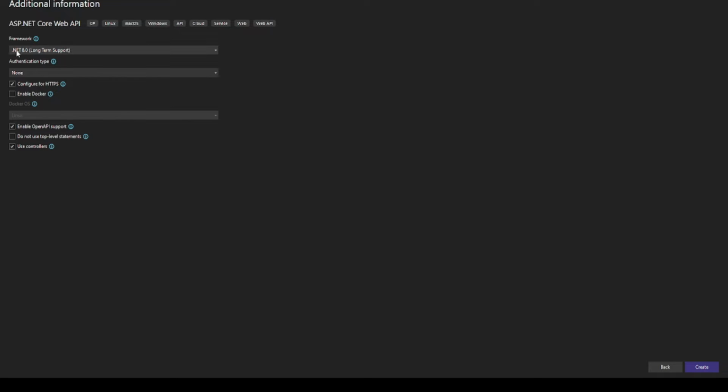Then here you can see I can choose .NET 8. So I'm going to have it with the .NET 8 framework. Then identity type, that is authentication. I'll just leave it as none. Then configure for HTTPS, I'm going to tick it. Then I also want to enable OpenAPI support, and we are going to use controllers. So if I click create, my project will be created,